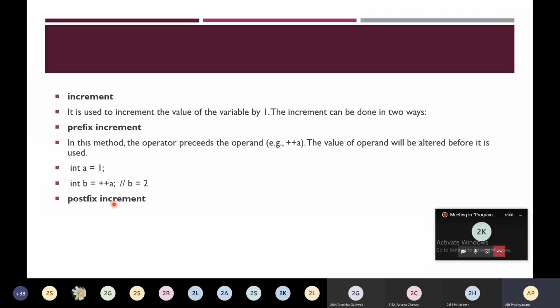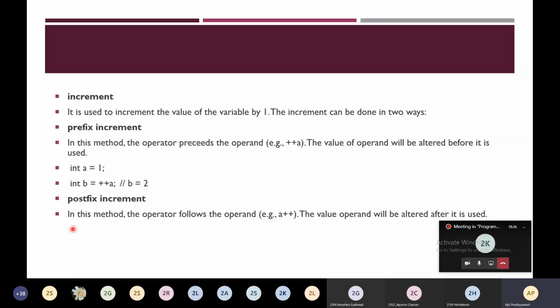Next is the postfix increment. Again, see with the help of an example how it will work. In this method, the operator follows the operand. After the operand, you will get the operator, that is a plus plus. The value of the operand will be altered after it is used. Just see with the help of an example so that you will get a clear idea. Integer a is equal to 1.